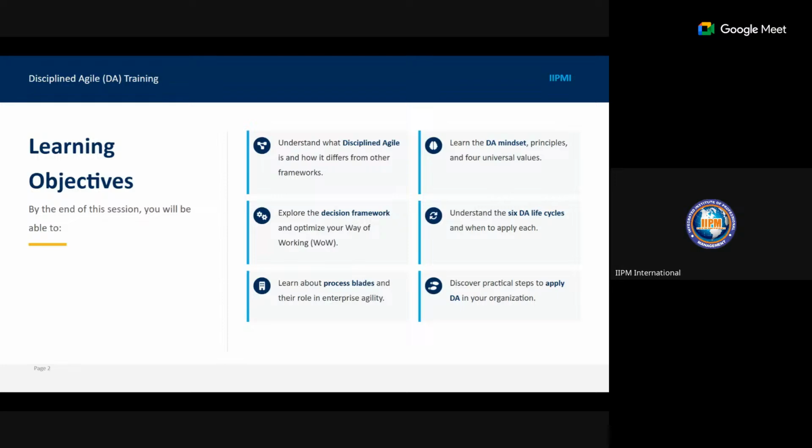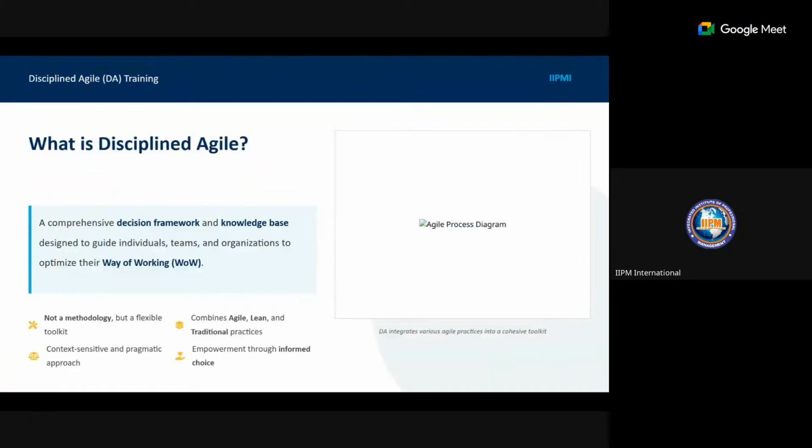Learn about process blades and their role in enterprise agility, and then discover practical steps to apply Disciplined Agile in our organizations. So let's begin with the first. What is Disciplined Agile?